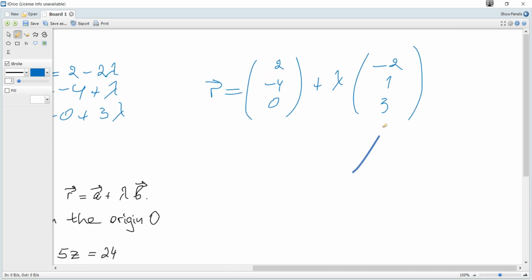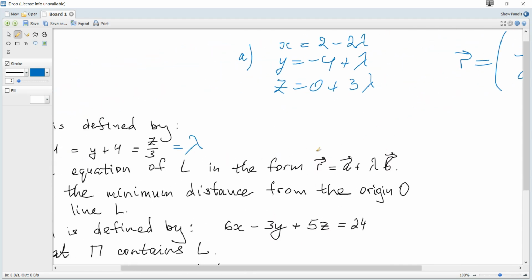And it's only the direction that is important. It doesn't matter what the length of this vector is. So in general, you can take absolutely any multiple of this vector to be a direction vector. The next question: